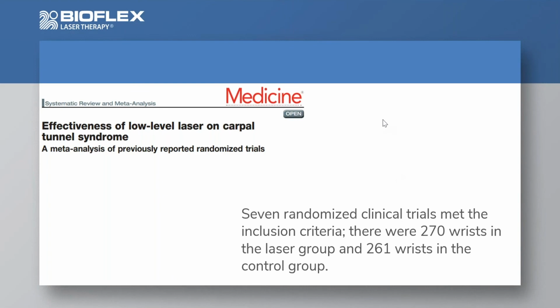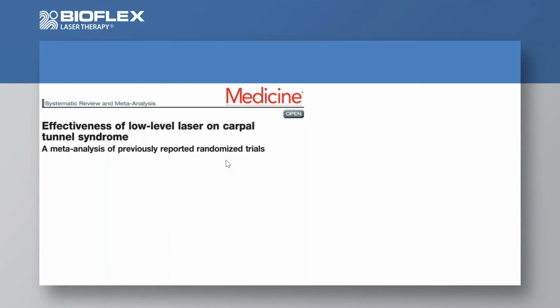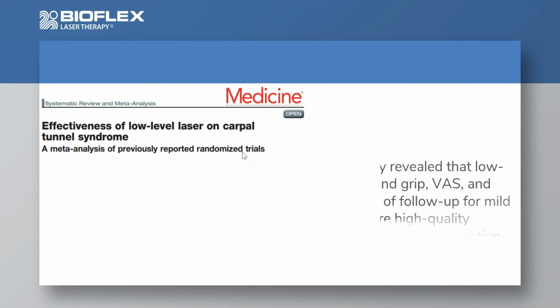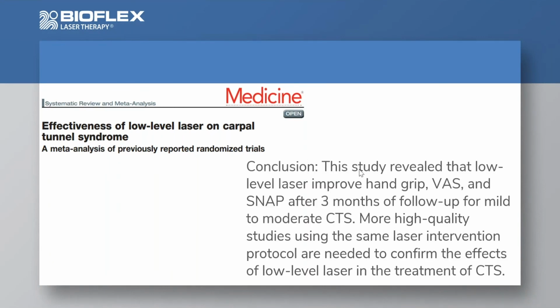So they looked at 7 randomized clinical trials that met the inclusion criteria. Overall, it was 270 carpal tunnel wrists in the laser group and 261 in the control groups when you look at all the papers together. And I'm not going to go into details with this paper, but because they analyzed 7 papers, they concluded, once